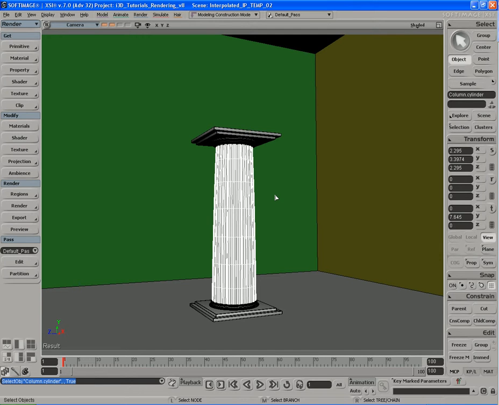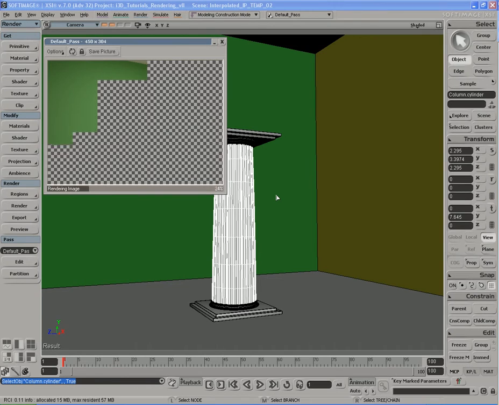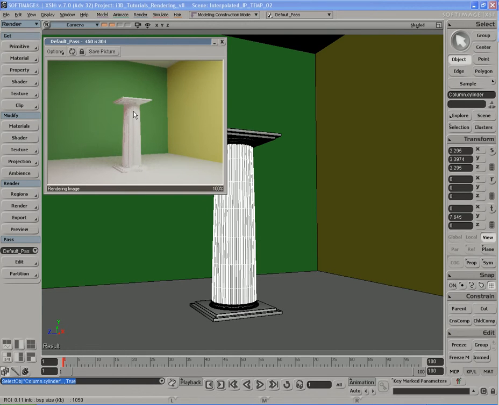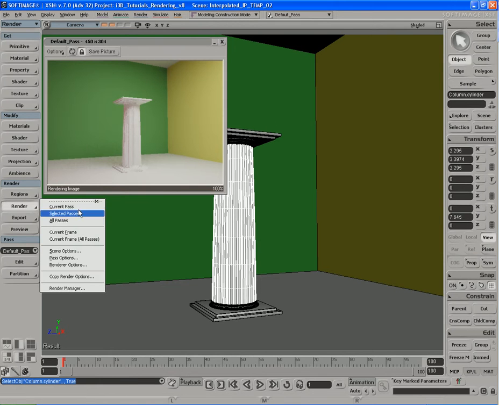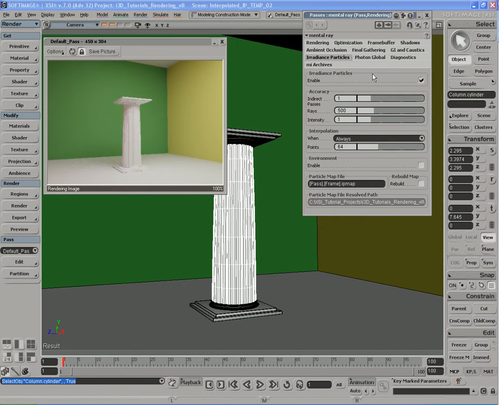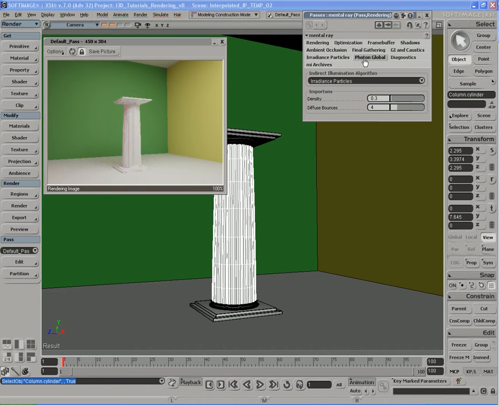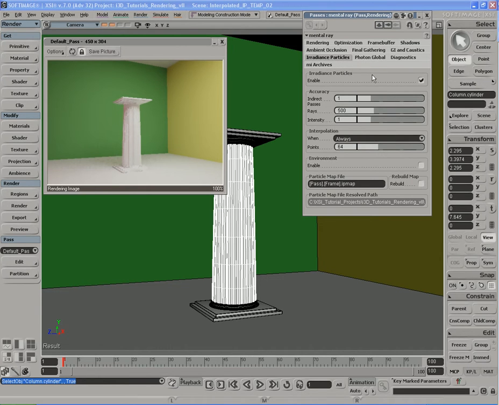Okay, so before I end this, I want to show you one more quick little trick here. I'm going to do a render from this angle here, and you can see that our scene is lit up pretty well. Let me lock that render down. Let me go over here, go to my renderer options, and let me see. Okay, so here's my Irradiance Particle settings. Really high settings, looks really good. Took a half hour to compute this, but you can see that our scene is a little bit light,